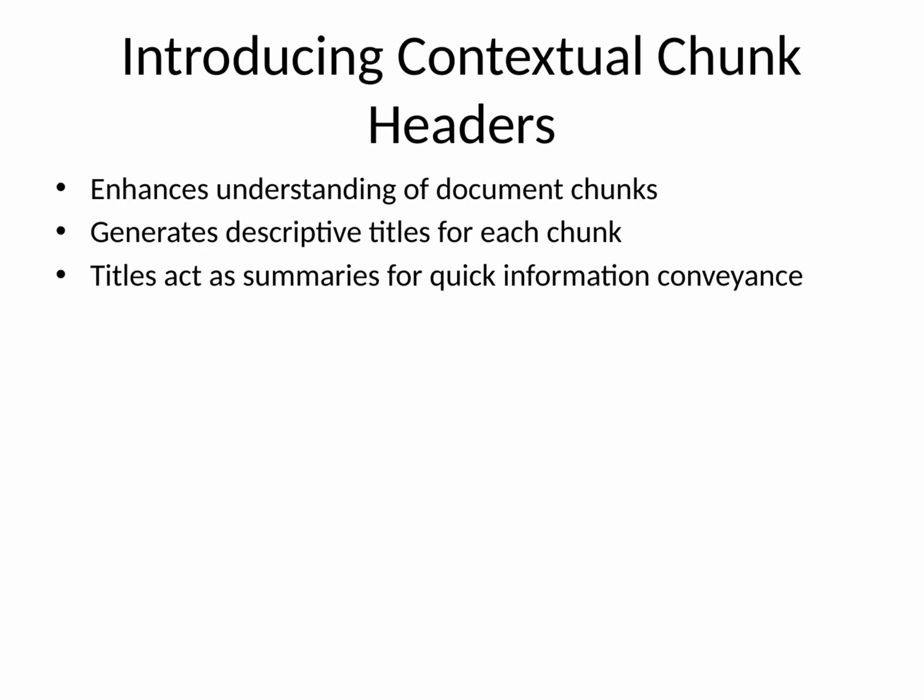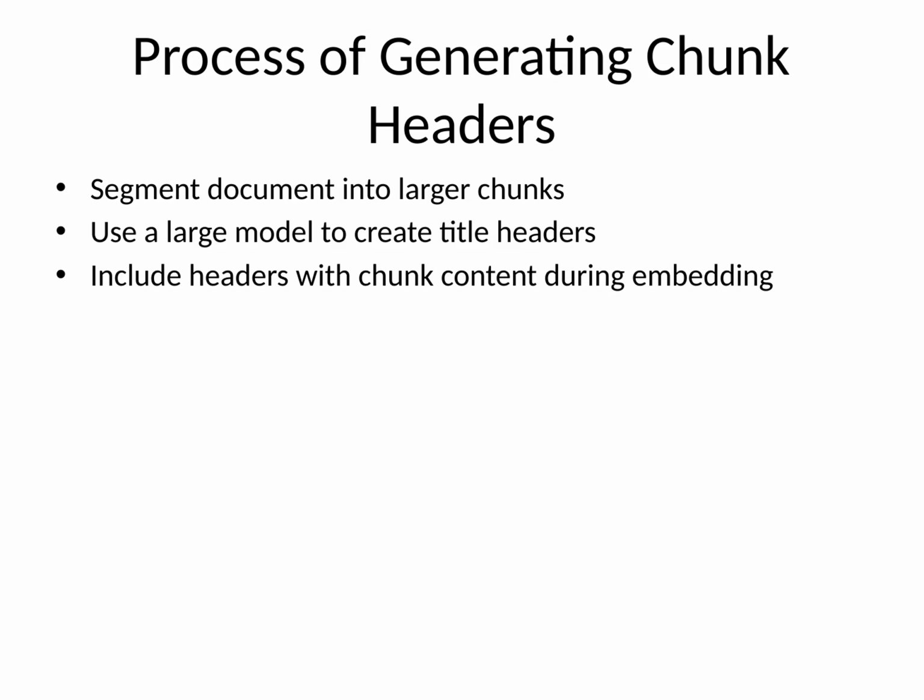To improve the model's understanding of document chunks, we introduce the concept of contextual chunk headers. This involves generating descriptive titles for each chunk, which act as summaries to quickly convey key information. The process begins by segmenting the document into larger chunks, such as whole paragraphs. A large model is then used to generate title headers for each chunk, which are included with the chunk content